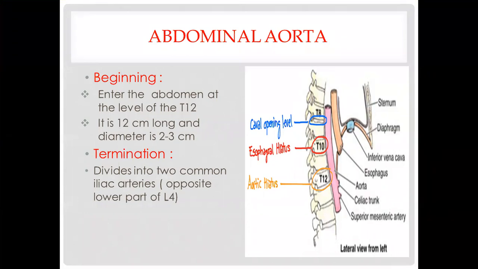It is the largest artery in the abdominal cavity, as the abdominal part of the aorta. It is a direct continuation of the descending aorta. It begins at the level of the diaphragm, piercing the diaphragm at the level of T12. It travels down the posterior abdominal wall, anterior to the vertebral body, and